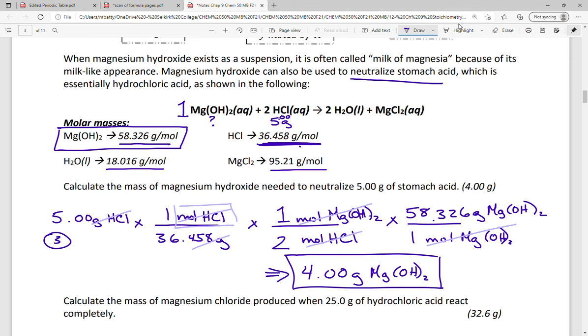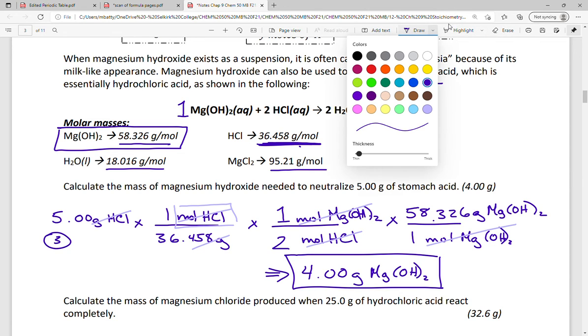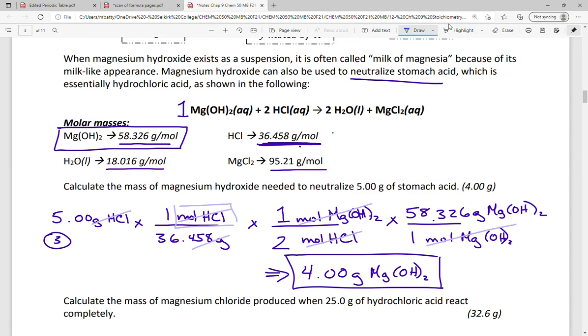All right, let's do another one. This one again is going to use the same chemical equation, but it's giving different pieces of information. So I'm just going to erase the information from that first question, and I'm going to switch so that we can see that I'm talking about a different question. We want to calculate the mass of magnesium chloride produced, so we want to know this in mass, so how many grams, when 25 grams of the hydrochloric acid